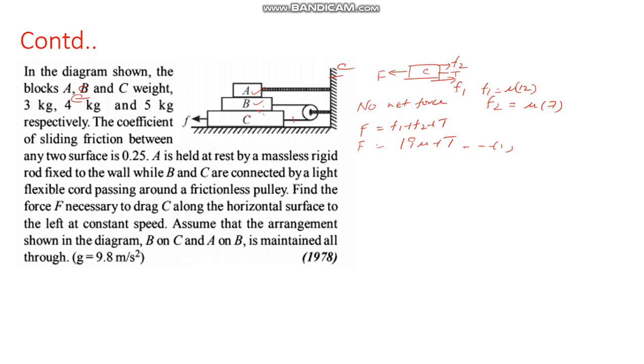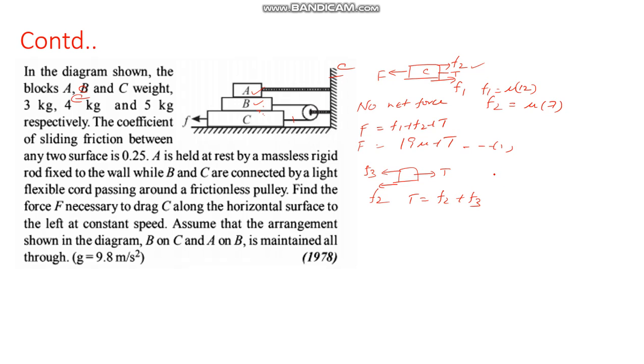So now we have to write for the block B. Block B, when you draw the free body diagram, there is no applied force there. There is a tension here. When this block is trying to move in this direction, on this block it is moving towards right. So friction will be acting in this direction. Equal and opposite, this is F2, as in the previous case. So this also will be F2 only, equal and opposite. And here it will be F3. So again, no net force. So T is equal to F2 plus F3. There is no other force.